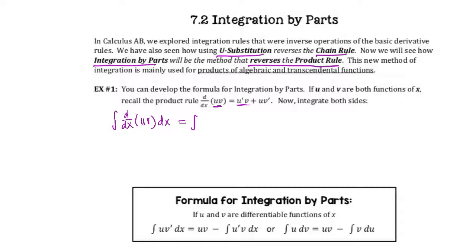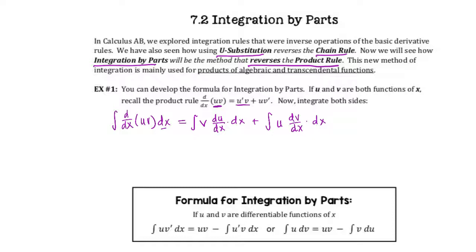Now do keep in mind to rewrite this, we have v and then u prime, that's the same thing as writing du/dx, and then we are again integrating with respect to x, so we're going to put our dx just like we did over here, plus, and then again over here we're going to have our u, and then v prime is the same thing as dv/dx, and then again times the dx